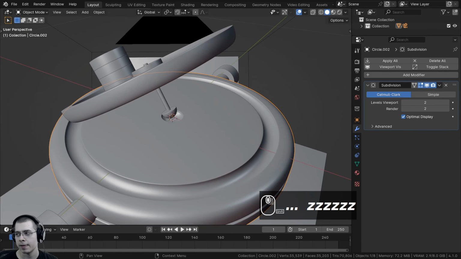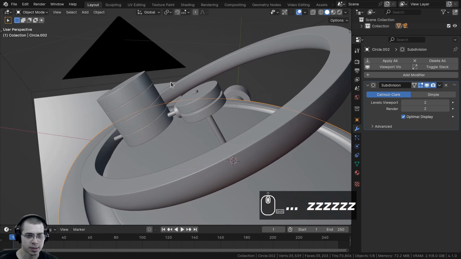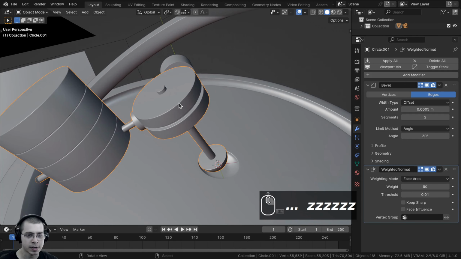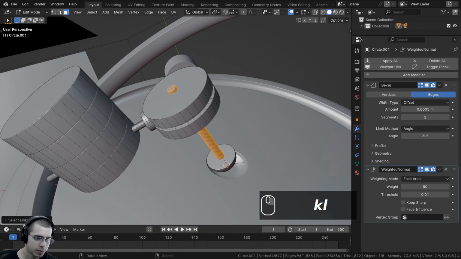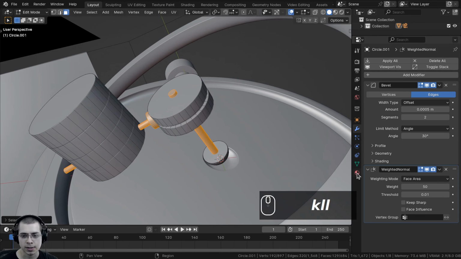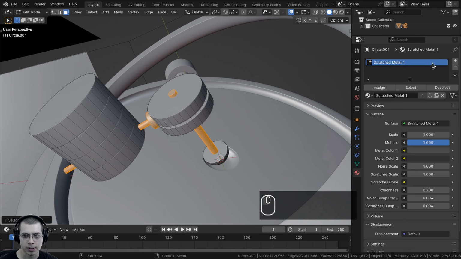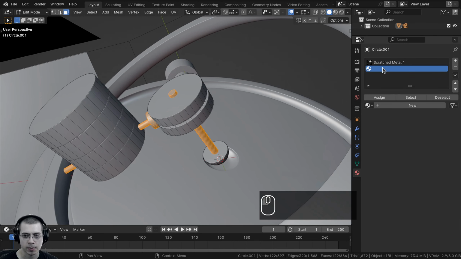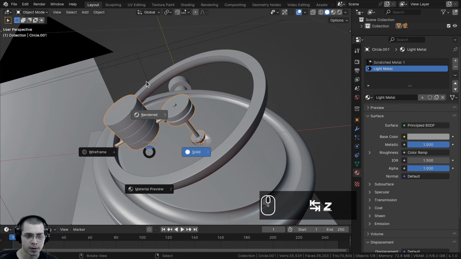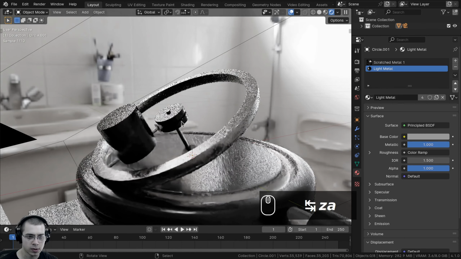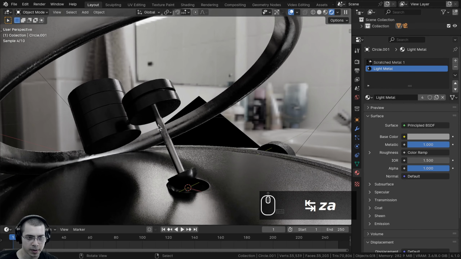Now I also want to add the light metal material to some of these pieces here. So I'll select this piece and I'll go into edit mode. I'll deselect everything and I'll press the L key with my mouse hovered over that piece and also that piece there. And then let's go here to the material properties. We'll click on the plus here to add a new material in the material slot. On the drop down here, we're going to choose the light metal and then just click on the assign button. So now you can see in the rendered view, those cylinders there also have the light metal.